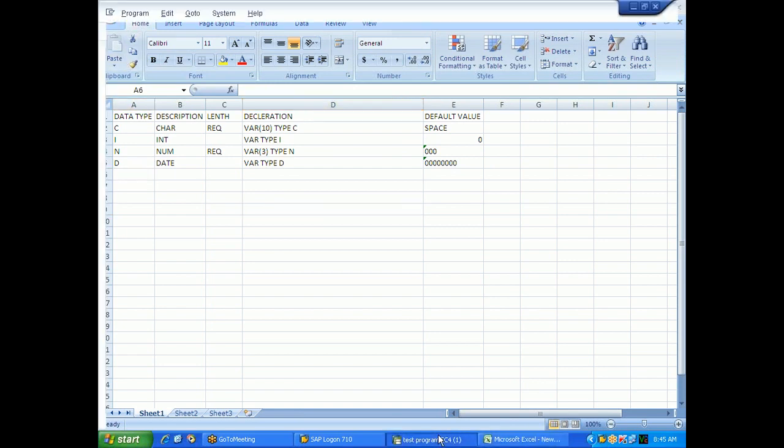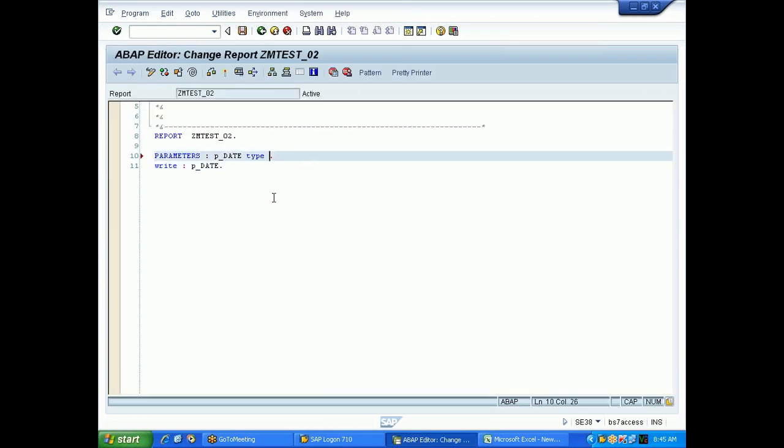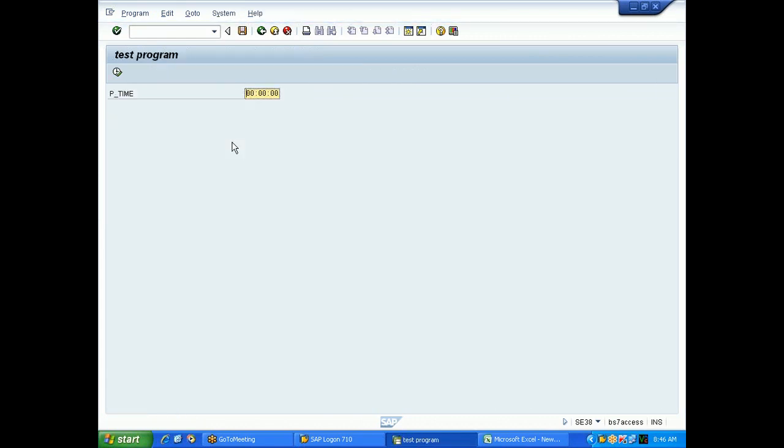Then the next data type is time. I can change the variable name here to anything. Save it, check, activate, execute.